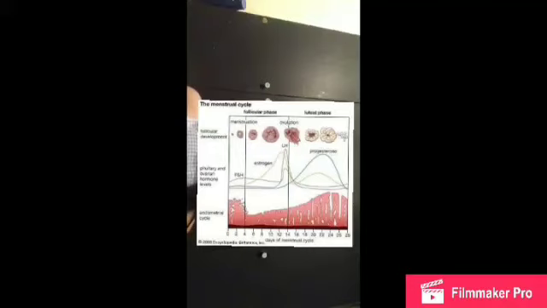Then we have the phase of ovulation, in which the peak of estrogen production triggers the pituitary gland to produce luteinizing hormone, LH, which is the one that promotes the rupture of the mature ovarian follicle and releases the oocyte. The last phase is called the postovulatory phase, in which the ovarian follicle from which the oocyte was released presents a small hemorrhage, and the cells that comprise it are organized, giving origin to the corpus luteum and beginning to produce